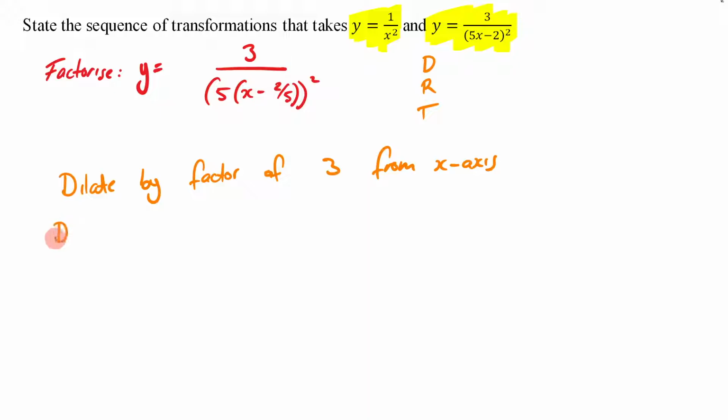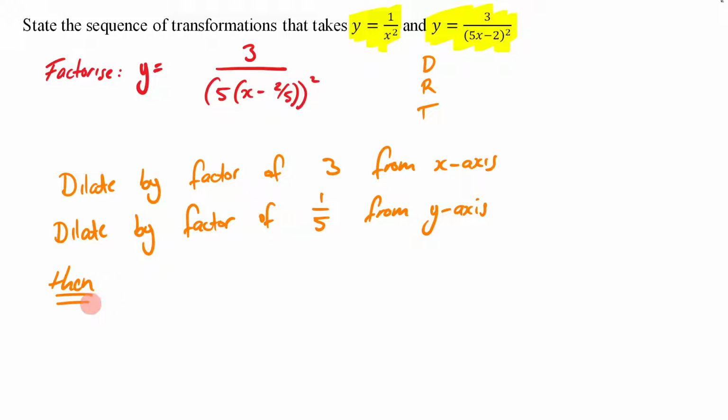Then you want to dilate by a factor. Now, see this 5? That's causing a dilation from the y-axis, and you have to take the reciprocal of it. So you're going to dilate by 1/5 from the y-axis. Then, and it's important that you put that word then there, you're going to translate by 2/5 units in the, now if it's negative,